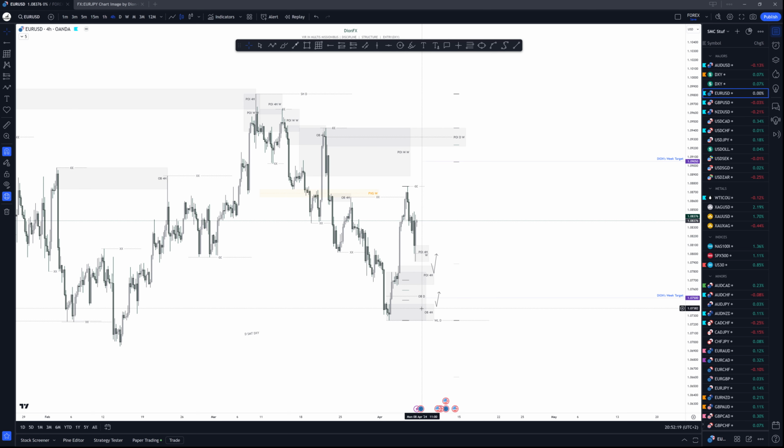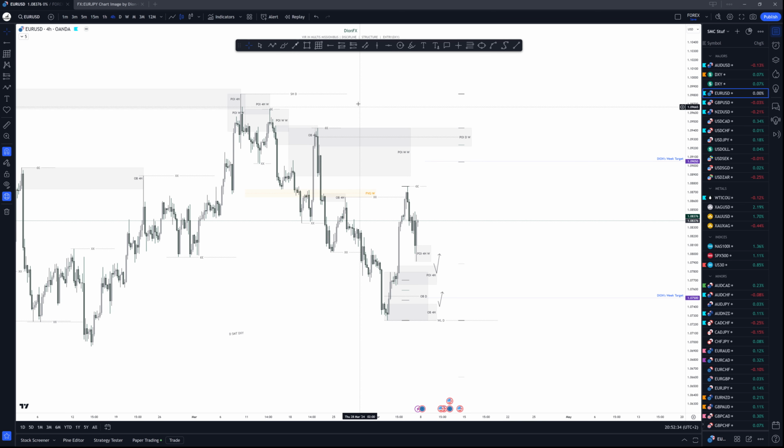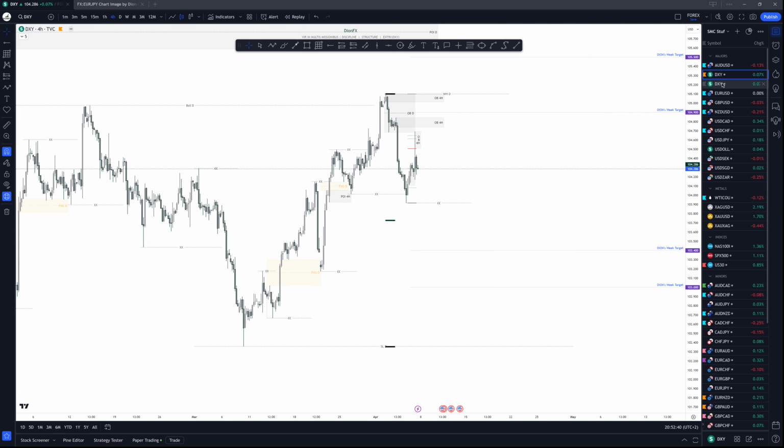You're having this POI right here and this other block right here. Around these levels, I'd like to see price push to the highs, and then from there look to sell the market to the downside. Okay, we're having this unmitigated POI right there. We would like price to come in and from there sell it to the downside. Okay. But the idea is very simple, and the trade is very simple. Just use DXY to kind of trade it. Okay.